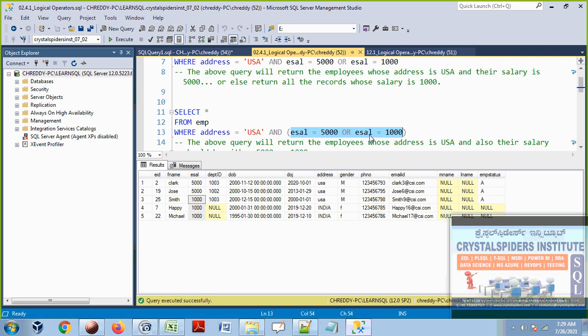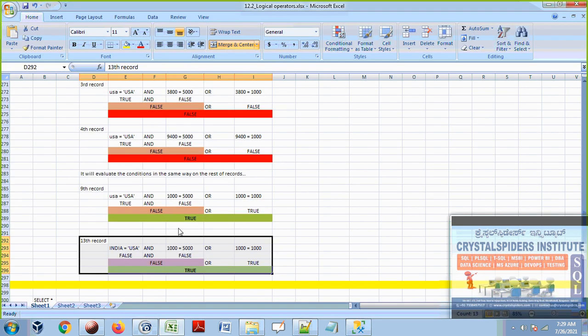The where clause first verifies salary either 5,000 or 1,000, and then verifies address should be USA, and then the AND clause will process. That means this condition and this condition will be processed. First the conditions inside the open and closure parentheses are processed.